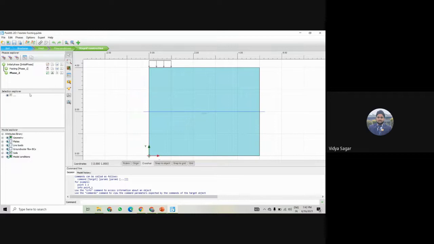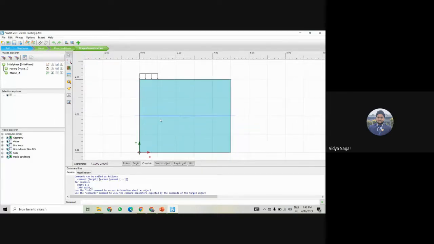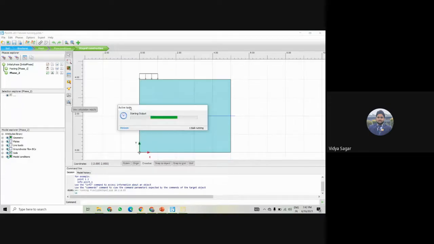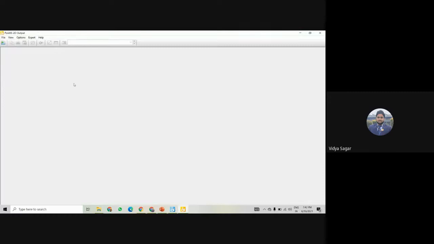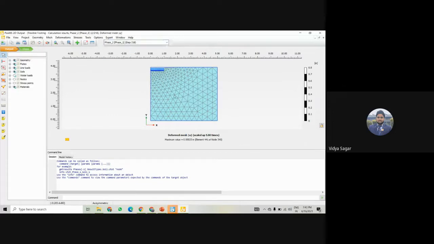The factor of safety is not working here because this is not a slope. So the factor of safety will come very high according to this software. But when we do day 4 or tomorrow, the slope stability, then we'll check the exact factor of safety. So if I check the factor of safety for this application, how can we check? We already calculated this application for the factor of safety. So phase 2 is for footing, and phase 3 is for the factor of safety.